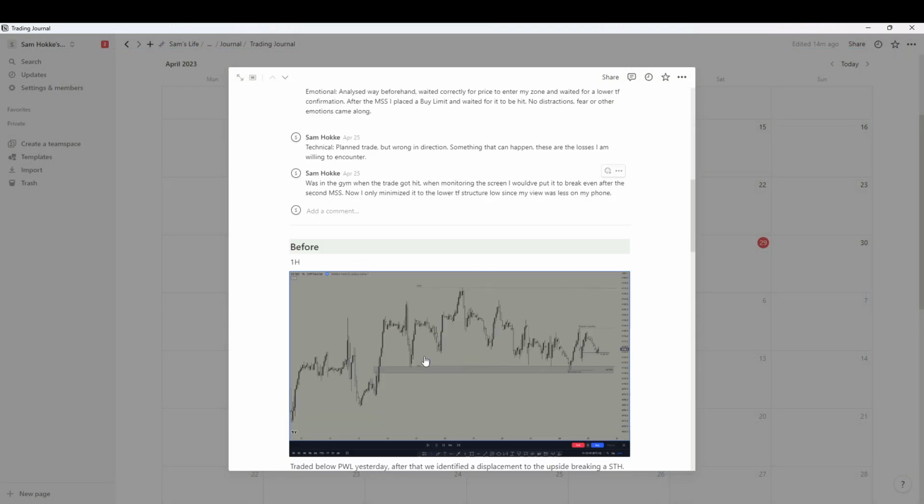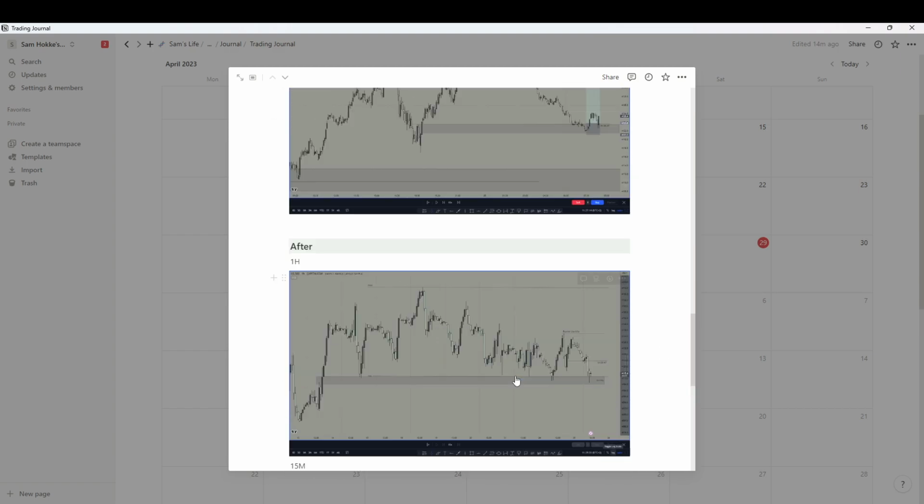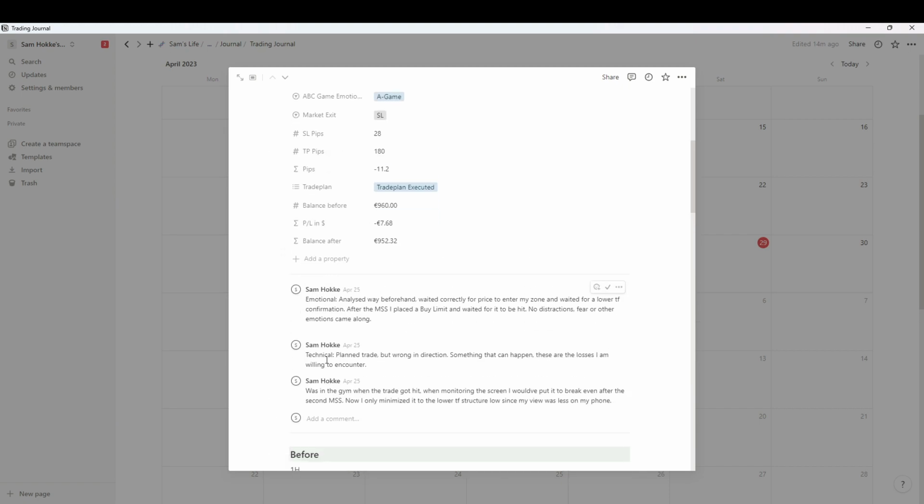So after I take my trades and I journal it and I put it in my review section, I will always point out some comments, things that I could have done better, things that went wrong, things that went right. For here, I would like to say, emotionally wise, it was correct, because I just did what I had to do. I was not impatient, I was not indecisive, I was not fearful, not overconfident. I just thought, alright, this is what I think will happen. I see my confirmations and I want to get in.